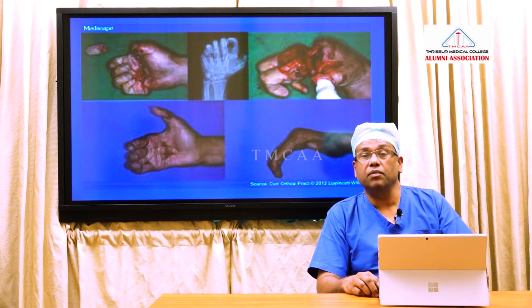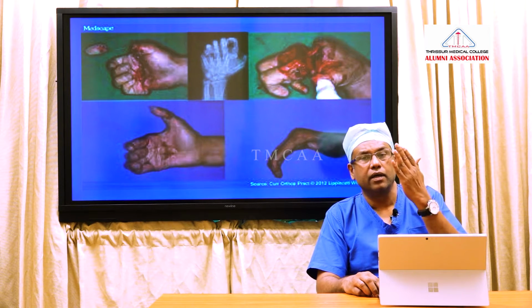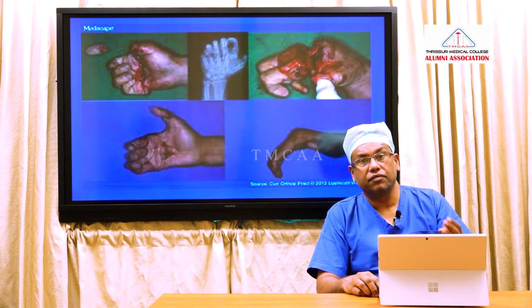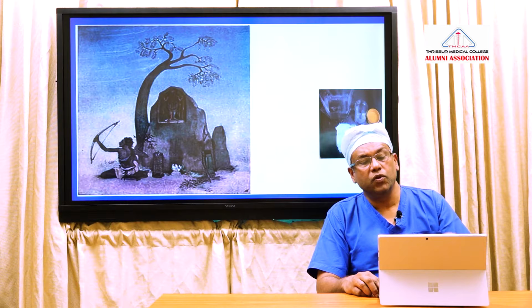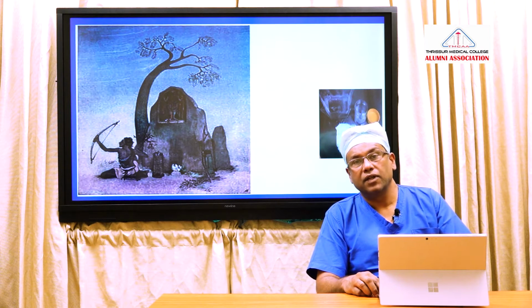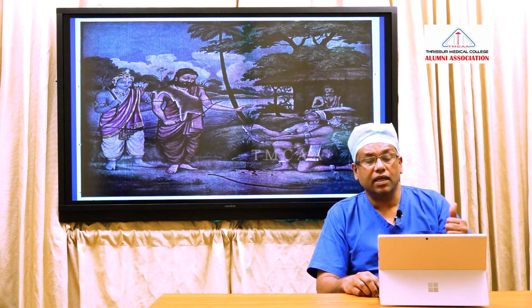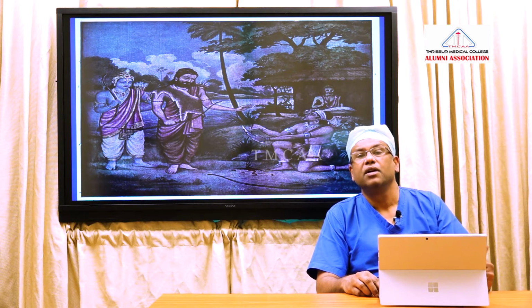Because of the importance of the thumb: once the thumb is secured, even if you take a long time for the other digits, the limb is saved, or the functions are saved. And you remember the story of Ekalavya. Dronacharya never asked for the little finger, he asked for the thumb of Ekalavya, because the thumb is so vital. I always say Dronacharya is the worst teacher because he sacrificed a brilliant student for another brilliant one. But he chose it for some other reasons, and there are a lot of explanations for that.